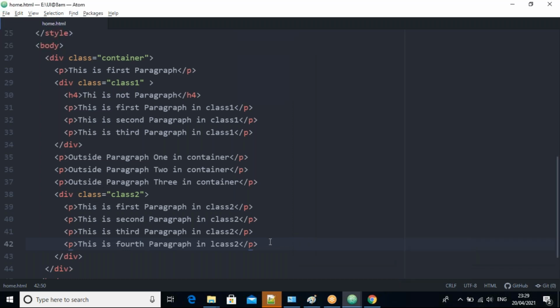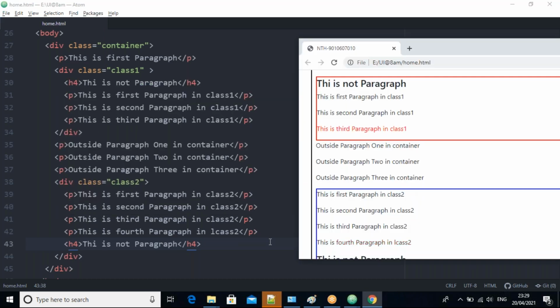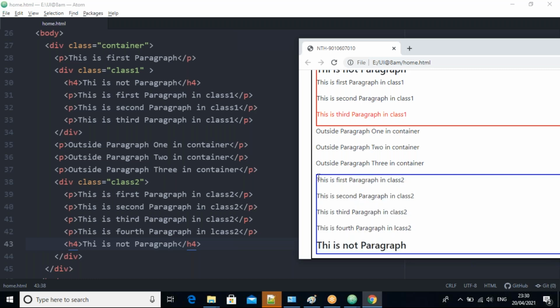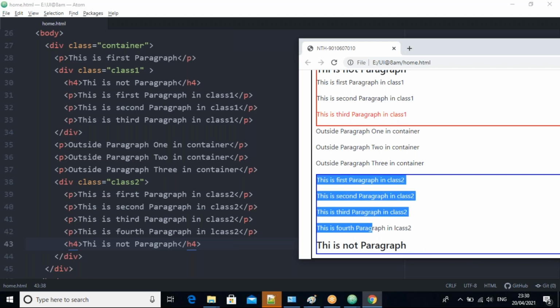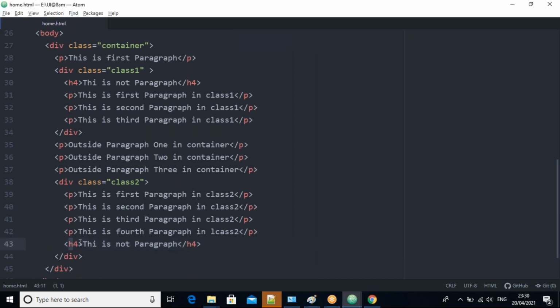Suppose, guys, I am taking that H3 here. Then what happens now? Observe, all of you. Again, it is not applied in the second class. In class 2, the last child is not a paragraph. What is there? H4 is there.